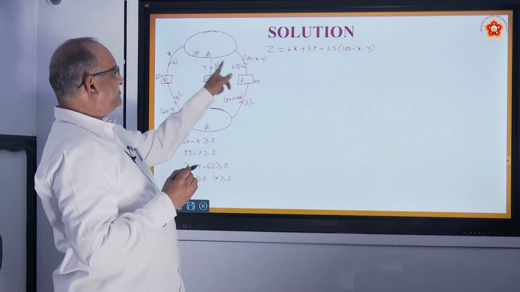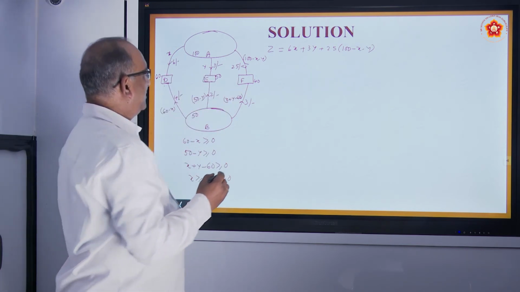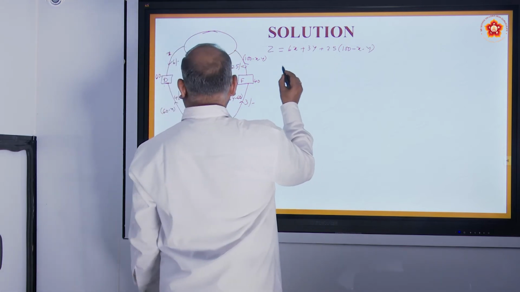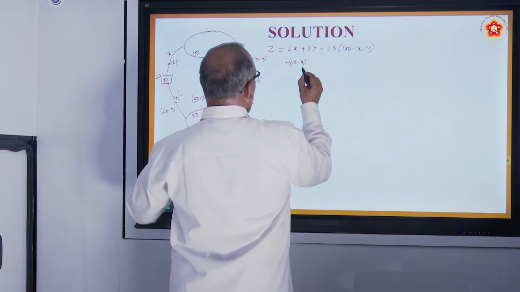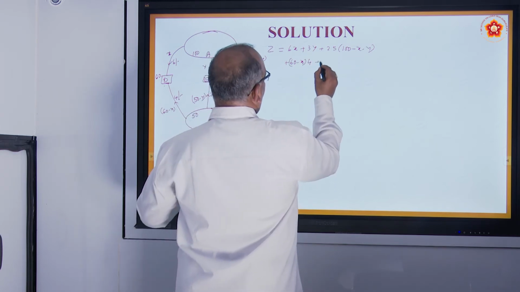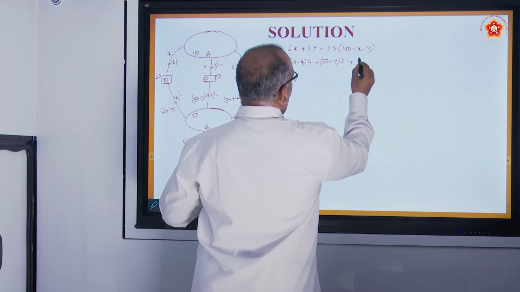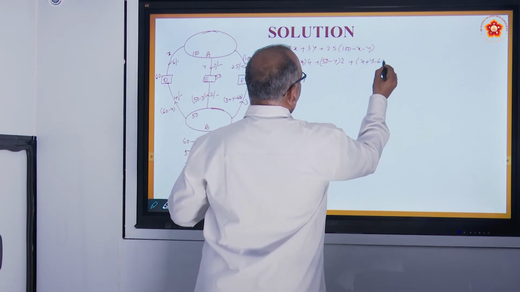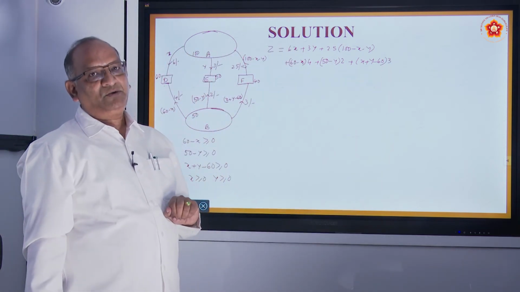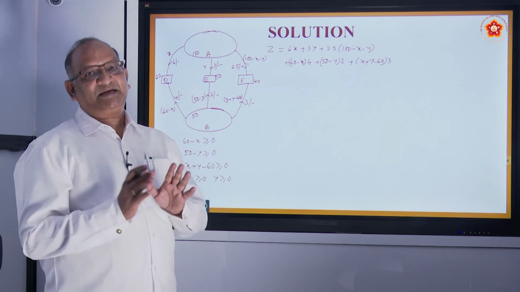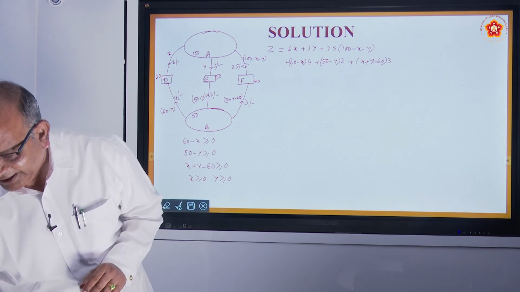So these are the transportation costs from A to all the 3. Now do the same thing from B. So you will have plus 60 minus X into 4 plus 50 minus Y into 2 plus X plus Y minus 60 into 3. What do we do next? Simplify it. Put all X terms together, put all Y terms together, and then simplify it to one particular equation.